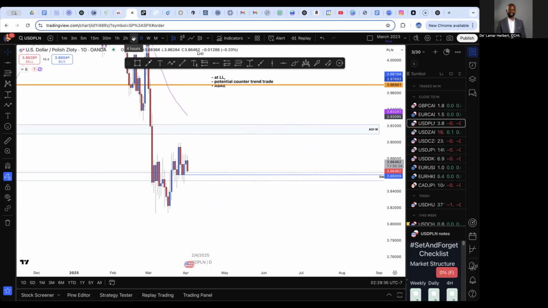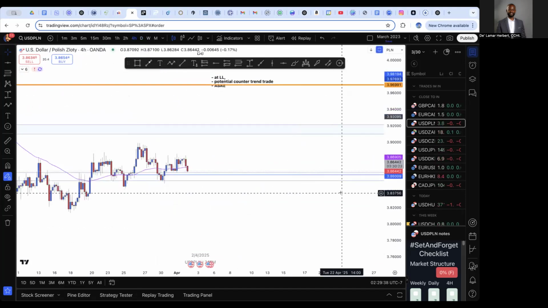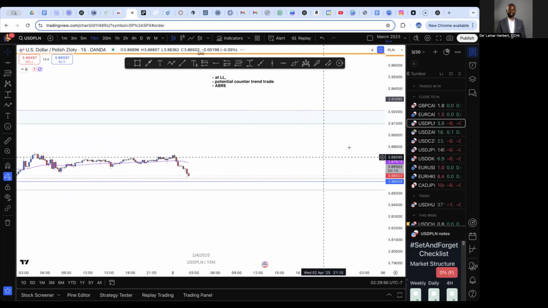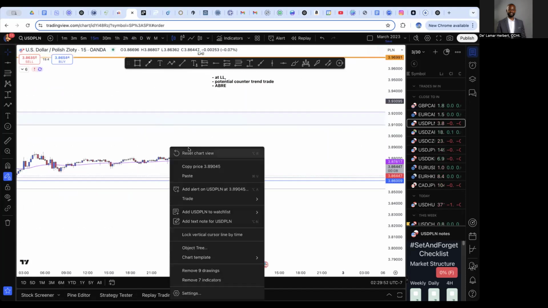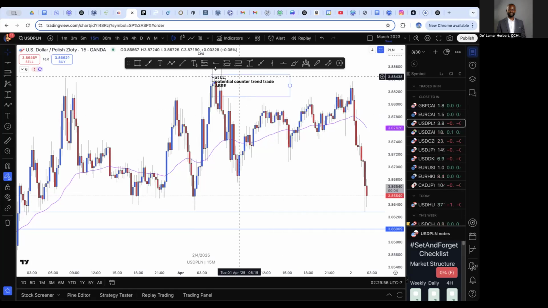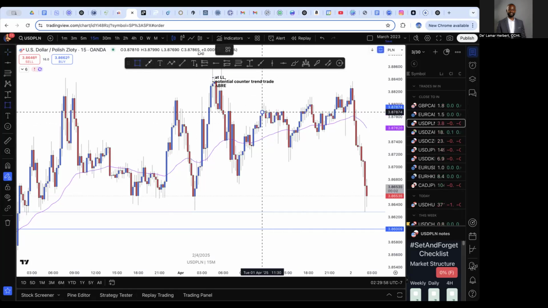Just looking for a proper setup because here we're within a 4-hour bullish, and then we have all these indecision candles. Don't know what price is going to do, but for right now, I've just been looking for accumulation because we had accumulation here, but you can see if this was our accumulation here,